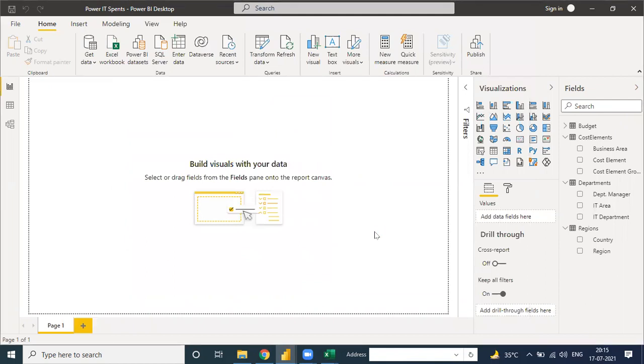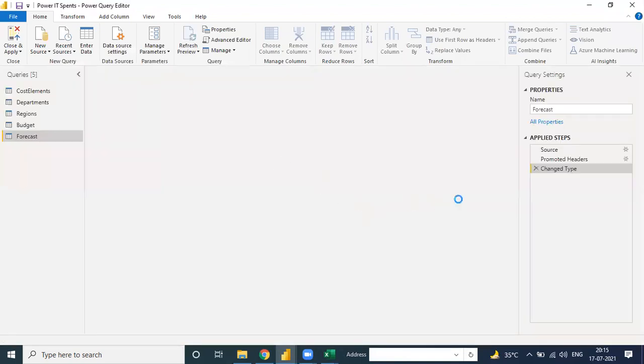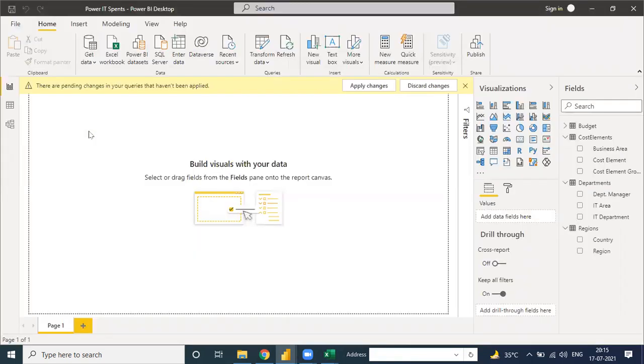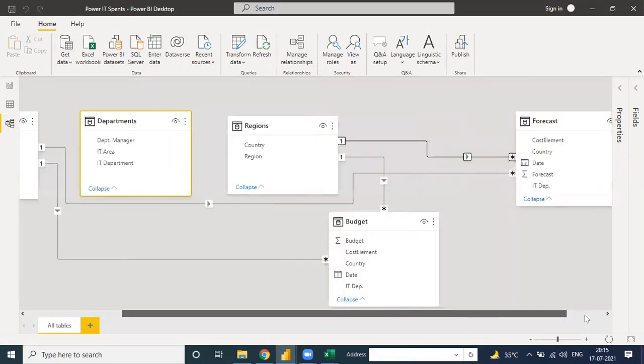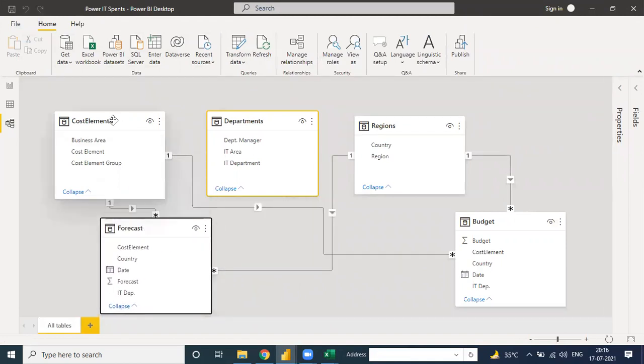I will just tell you how to create a relationship on it. See, here I have put in the query on the axis, but there's no need to change any query. I just click close and apply, because by mistake I clicked on the load edit data. See, the forecast table is also added, and there is a relationship. It's automatically working. See, it's automatically connected with the forecast table also.